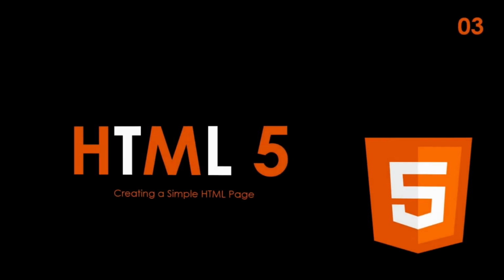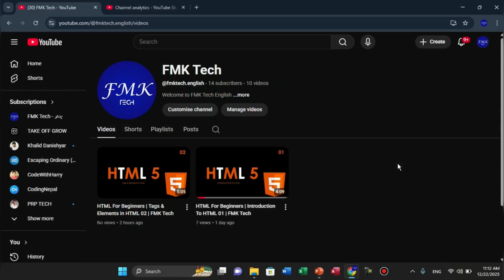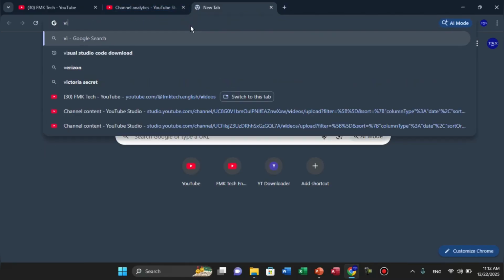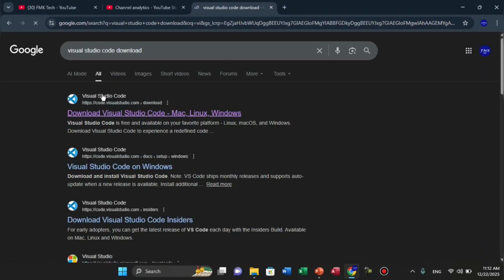This is our third video of HTML, and in this video we are going to talk about how to create a simple page in HTML. So first, you must know how to install Visual Studio Code. For that, you simply go to your web browser, and search here for Visual Studio Code download. And after that, the first website that you get here,